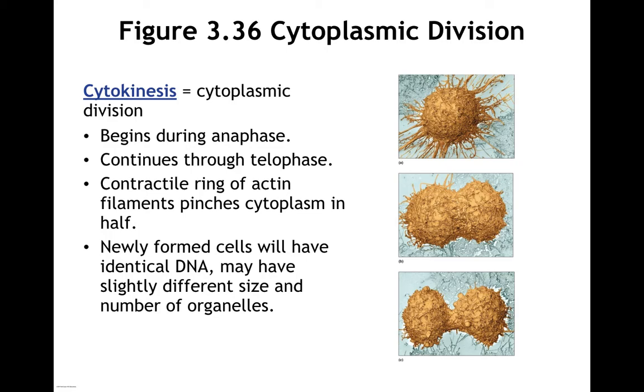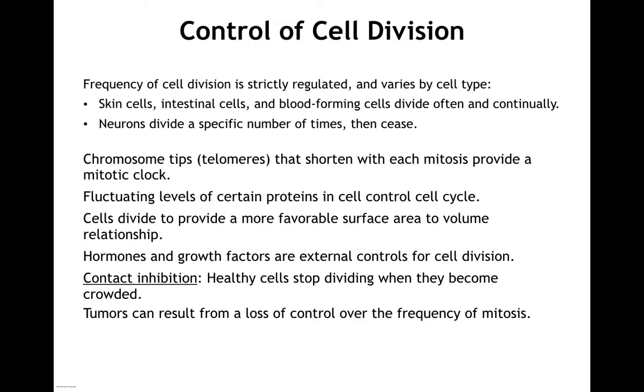Cytokinesis is the process of dividing the cytoplasm, and that happens very late in the mitotic part. It really overlaps with late anaphase, early telophase. The contractile ring of proteins will form the structure here, which initially is called the cleavage furrow. That cleavage furrow will continue to twist and shrink until you get a smaller and smaller point, and eventually those 2 edges will separate from one another to give you 2 genetically identical cells from the first cell.